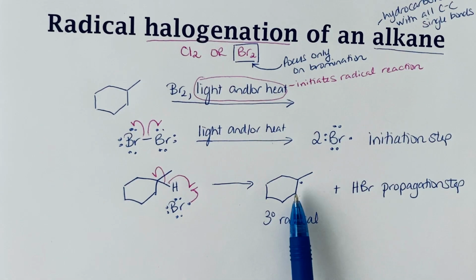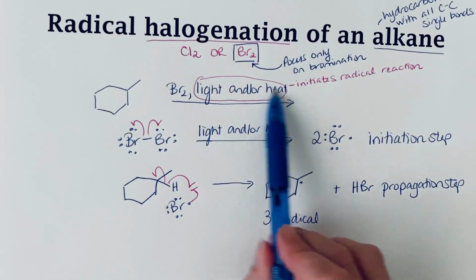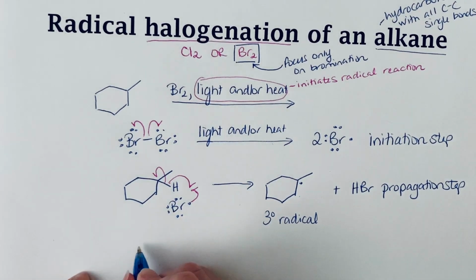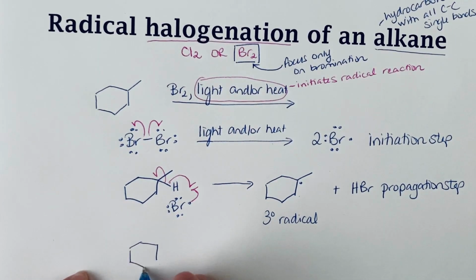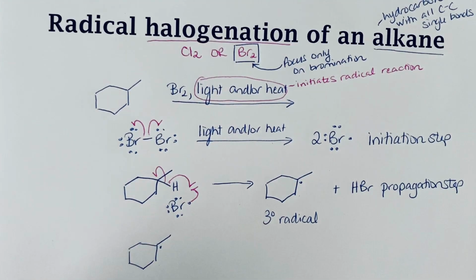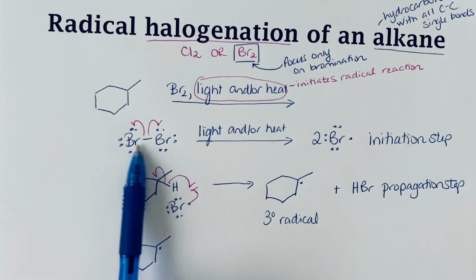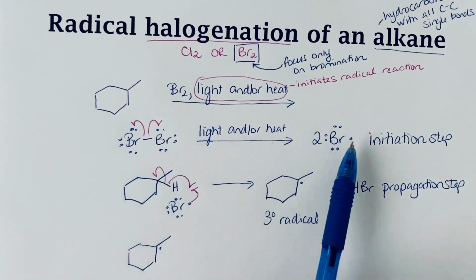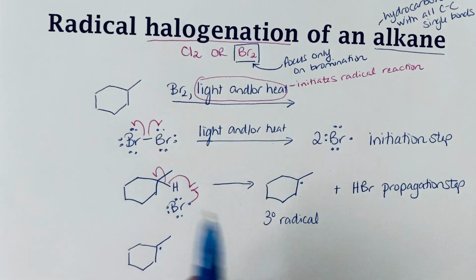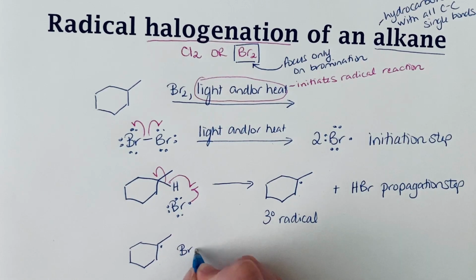And so the next thing I'm going to show is another propagation step that will also give us the major product of this reaction. So if this tertiary radical reacts with another bromine molecule. So remember, in this first step, we only converted a tiny amount of the molecular bromine to the radical. So we still have molecular bromine in the solution. So if it reacts with the molecular bromine,